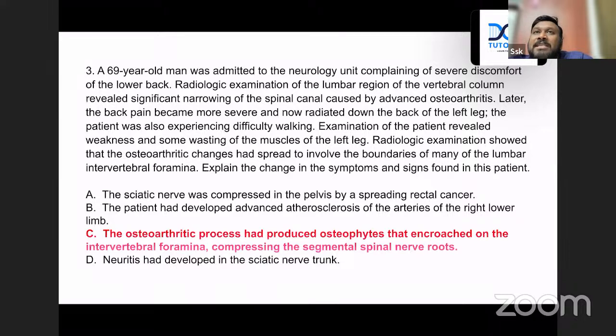And that claudication pain is because of the nerves crying out of the compression. That is why as they continue to walk, when you are going to walk, there is going to be some extension of the back, and that extension is going to narrow the already narrowed intervertebral foramen. So that is why they have a tendency to have claudication pain.